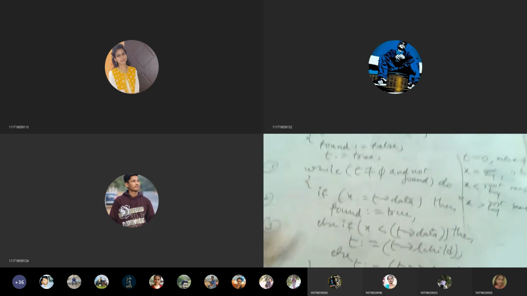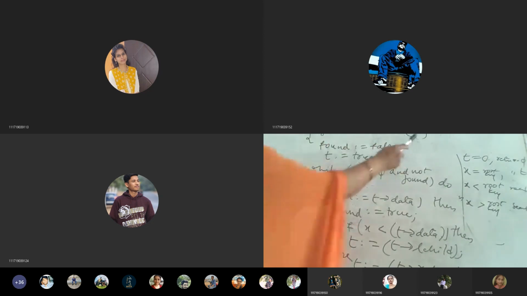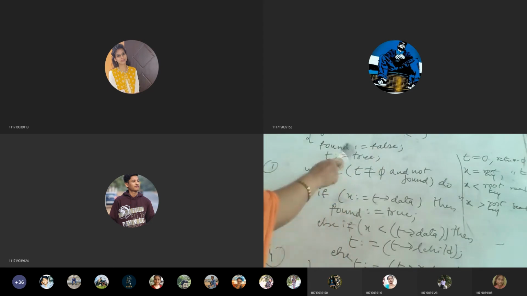Okay, so is this clear what exactly we are writing? I just want to repeat here. So here algorithm iterative search and we are searching for some particular key value. For that key value some initial values we are giving. Why? Because iterative means we are going to use loops. In order to give loops you have to give some conditions. So for that we are giving the initial values.